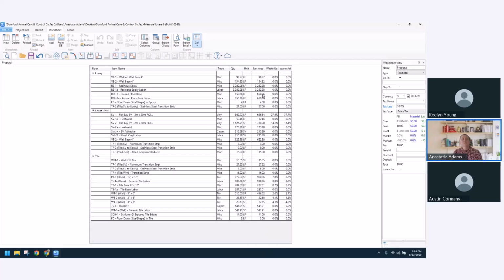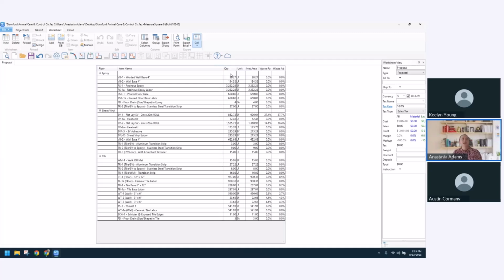So at this point, we have phase, labeled by floor. Item name, this is our number SKU line, just to make sure everybody understands where this data is pulling from. Item name comes from the number SKU line. Trade. If we do not need trade, we can simply hide that. We have our usage quantity, the unit that it is quantified in, the net area for said usage,